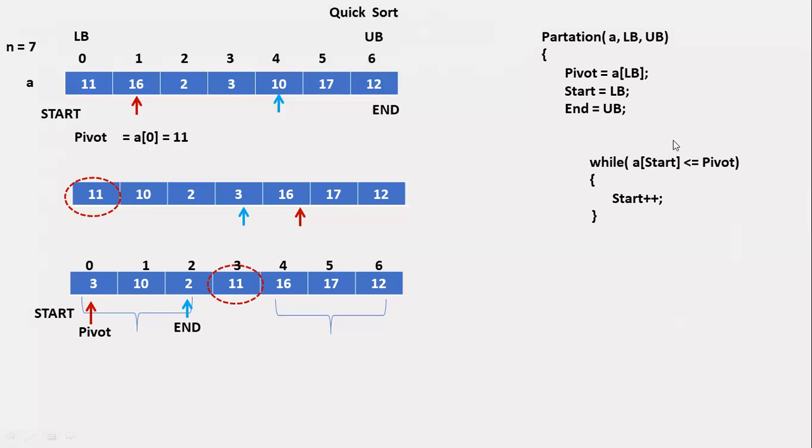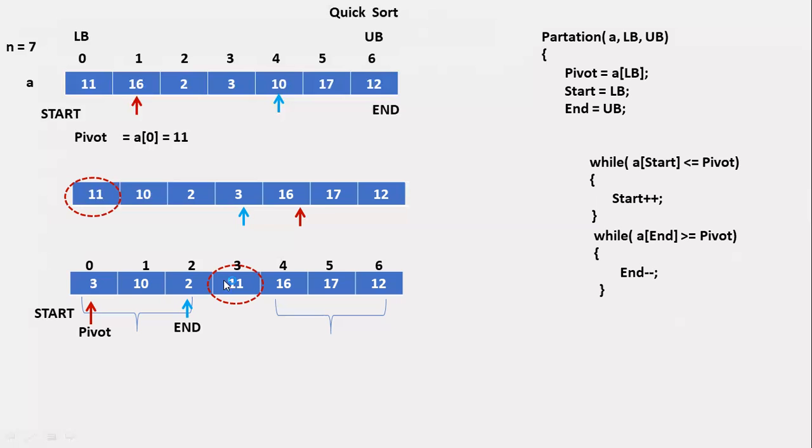Suppose if this condition is false, next what we have to do? We have to decrement the end value. Okay. So for decrementing the end value, again we are going to use the same while loop. While A of end greater than or equal to pivot, then we have to decrement the value. That is end minus minus. So if this condition fails and this while condition fails, if both the conditions fail,